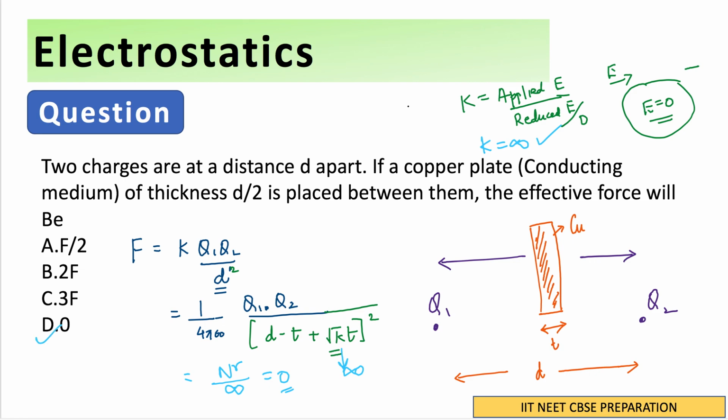So it's a very straightforward formula based question. If you remember the formula, you will be able to do it. And apart from the formula, you need to know what kind of plate is inserted. Is it conducting or non-conducting? Based on that, the dielectric constant is decided. It's a very simple question, just based on the formula and simple knowledge of dielectrics.